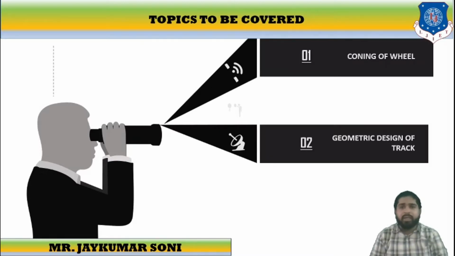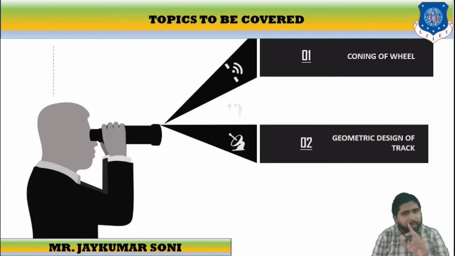Before beginning the coning of wheel topic, I would like to ask you one thing and you have to answer in your mind. We'll take a break of 5 seconds and then we'll continue. The question is that you may have observed a number of times, whenever the wheels of the train are moving on the railway track, the shape of the particular wheels. Remember those things and remind yourself what is the exact shape that you had observed while viewing that particular train.